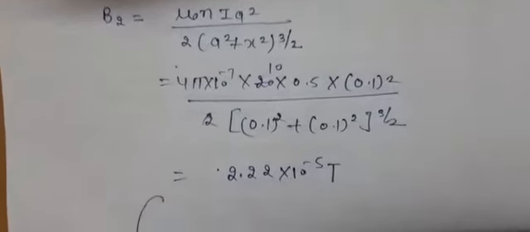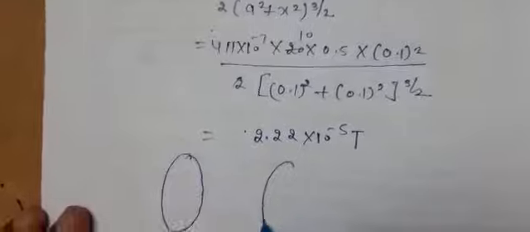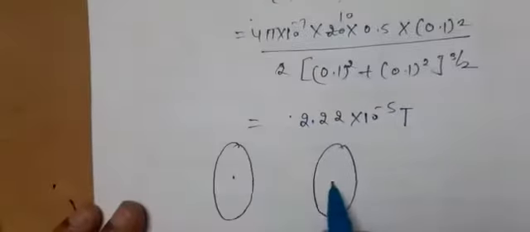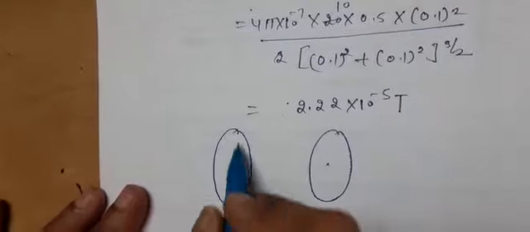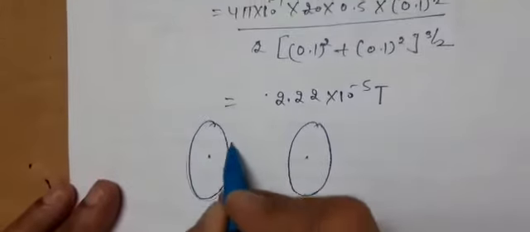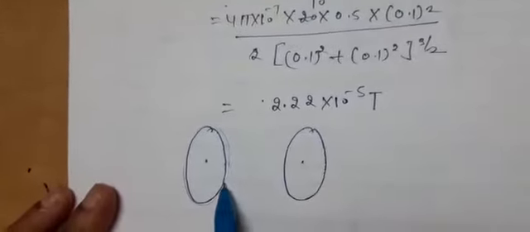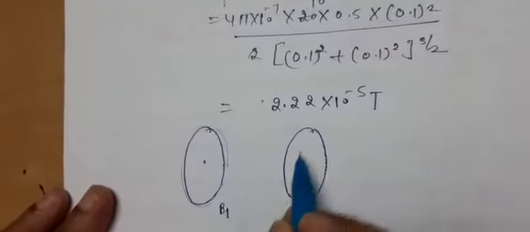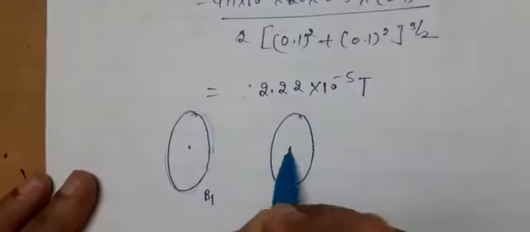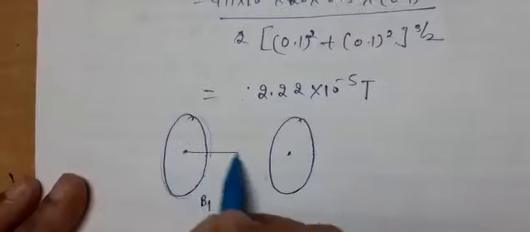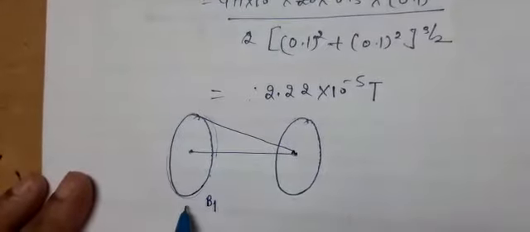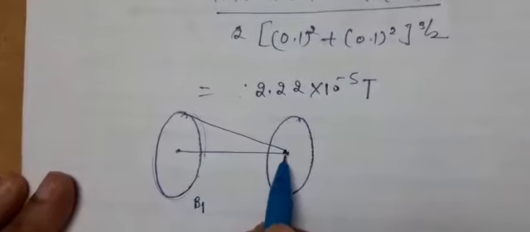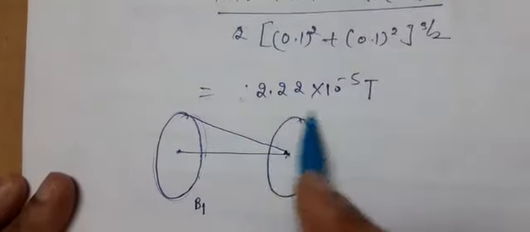Now see, each of the coils is carrying the same current, maybe in the same direction, maybe in a different direction. So when we are finding the magnetic field at the center of this coil, that was B1. Now see, this coil is placed at the center, so this is the axial distance. So basically the magnetic field at the center, or you can say at the axial point, this we have obtained.